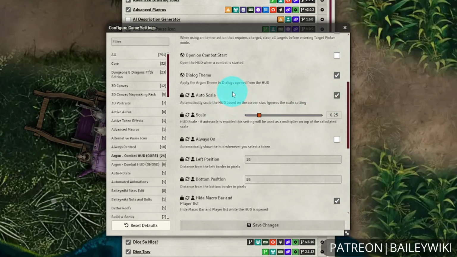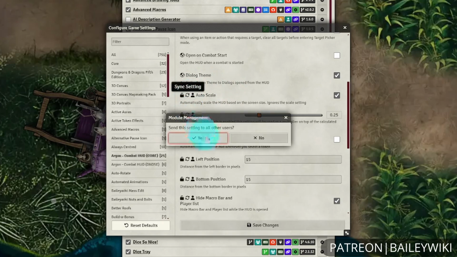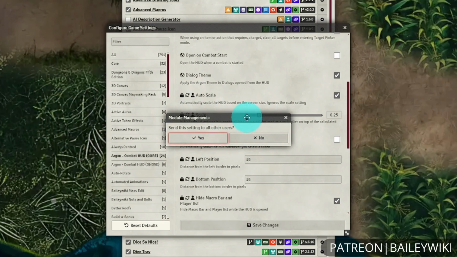Now, a really cool feature of Module Management Plus though is this sync setting option here. So if I left click on sync setting, I can send this setting to all other users. I do have to be using socketlib in order for this function to actually work, but as long as I have that requirement installed, then when I hit yes, it's going to force sync every other player's setting to this particular value. This is exceptionally useful if you are using certain things like displaying certain kinds of information, etc., and you want all of your players to start on the same page. So you can set this up ahead of time, sync it across to everyone, and then they're going to start